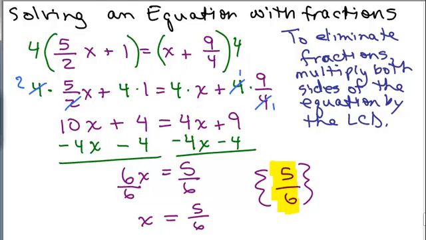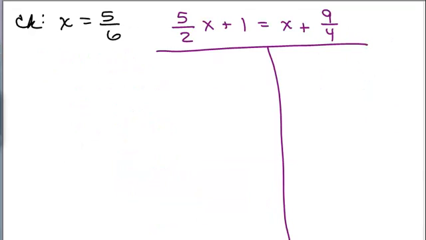So let's do that. All right, so here's the original equation. We're going to plug in 5/6 for x. So we have 5 halves times 5/6, plugging in 5/6 for x, plus 1. Well, here we do order of operations. You multiply the numerators. That's 25/12